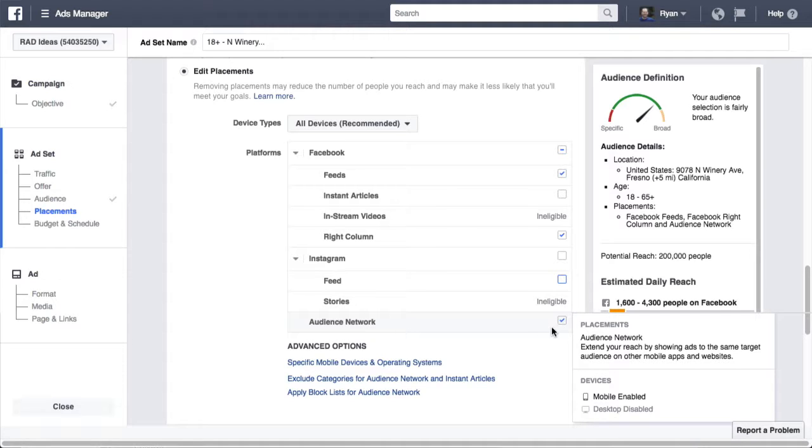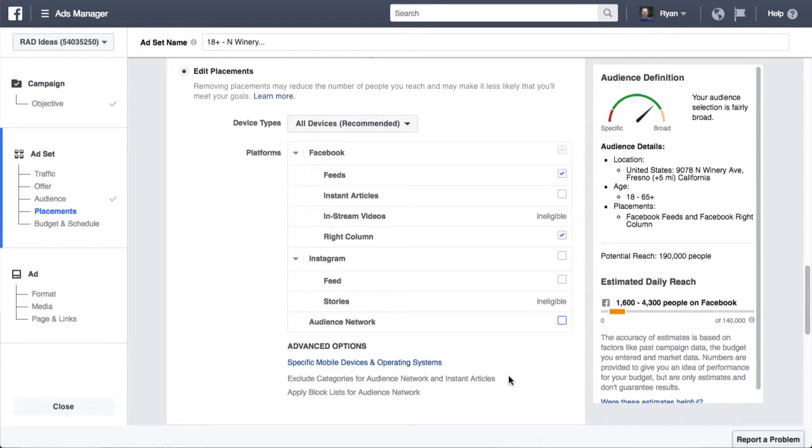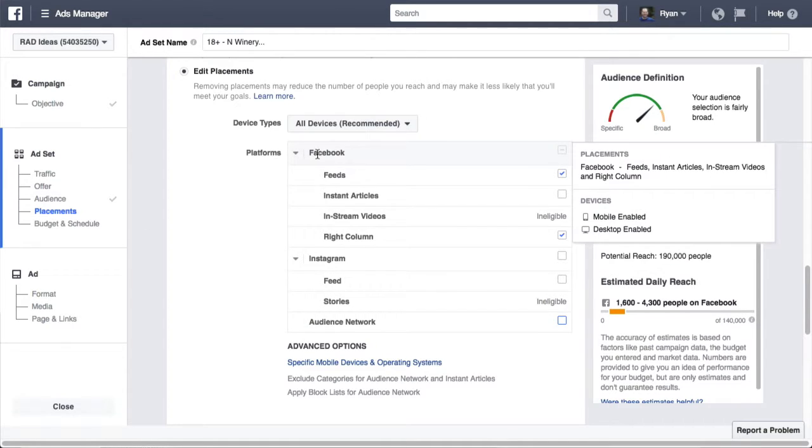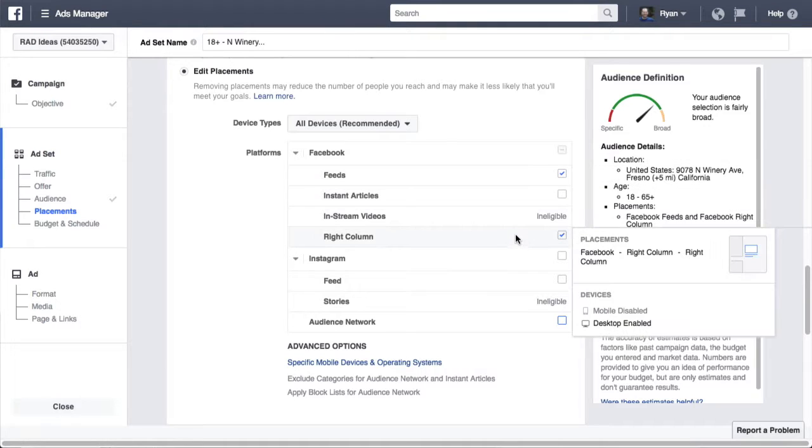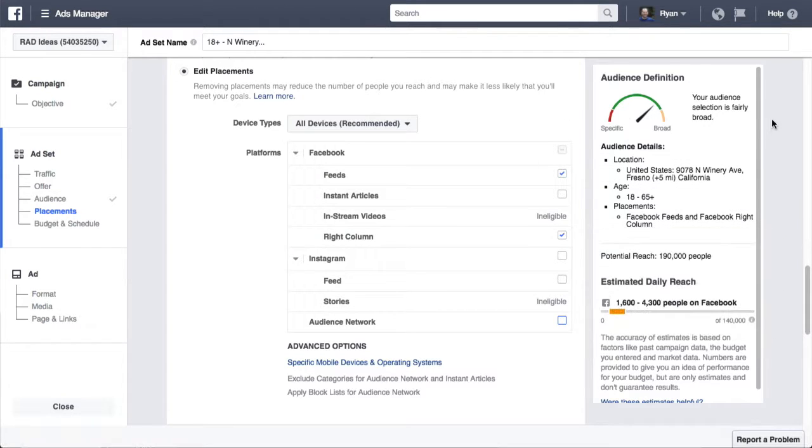Audience Network is really kind of squishy as to exactly where it's going. They put ads in weird feeds. I've not seen it working well for the church market, so I turned that off also. Once I've thought through this, I'm confirming I'm going to show just in Facebook in the feeds and in the right-hand column. Okay. Now, what it's going to show me is a potential reach, the total number